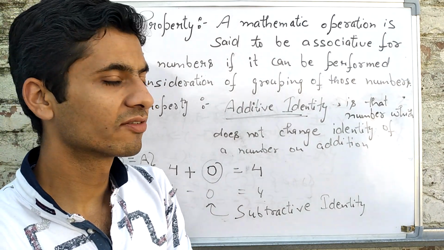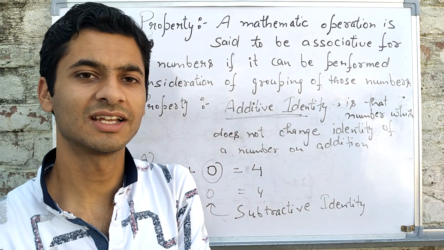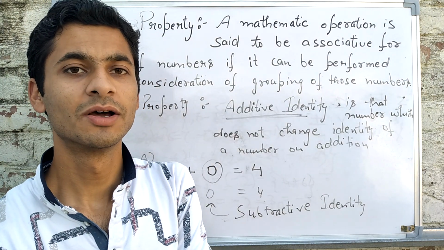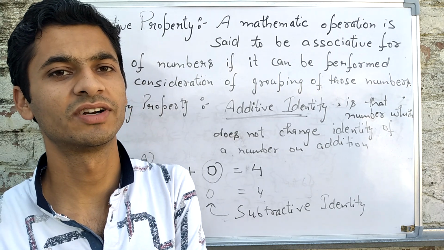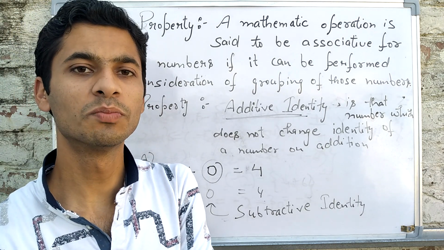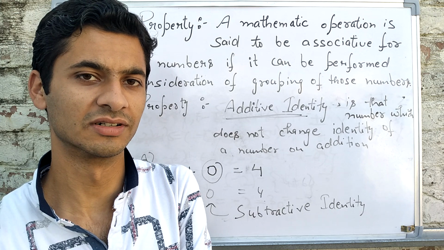So related to it, I will give you one assignment. Please do that assignment and be more clear with these properties of addition and subtraction of integers, so that we can move on to multiplication and division afterwards. Thank you.